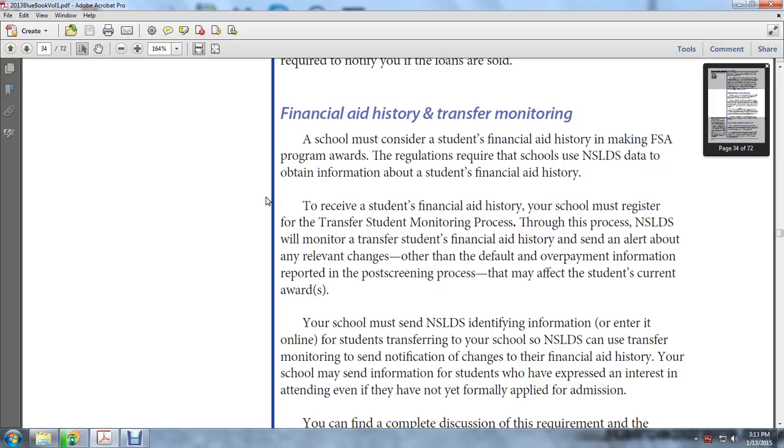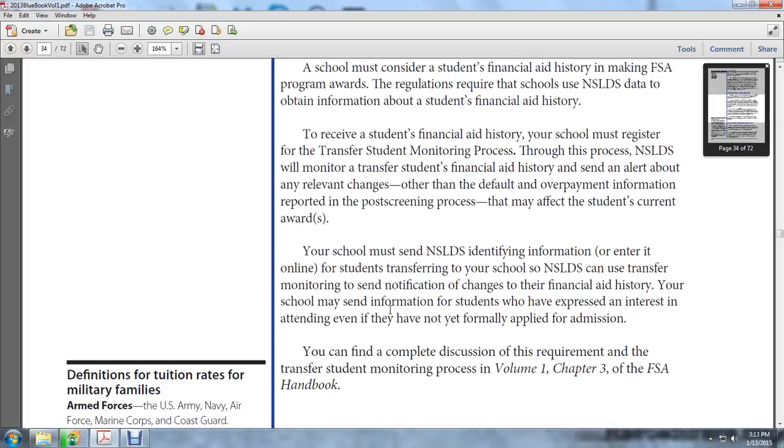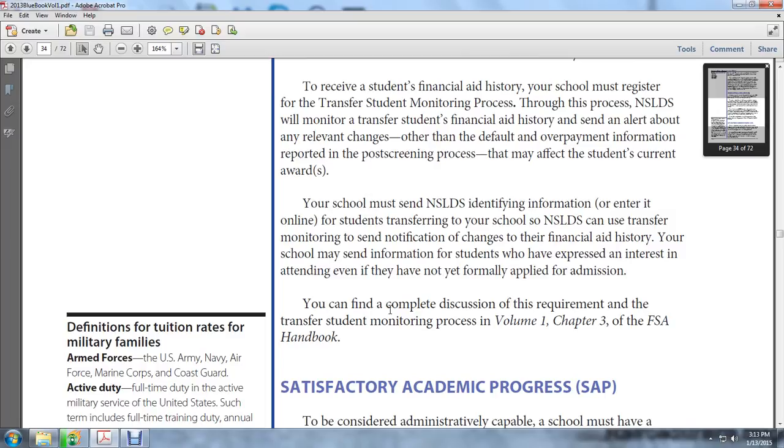The school must send the National Student Loan Data System identification information by entering it online. For the student transferring to your school, the National Student Loan Data System can also provide transfer monitoring to send notification of changes in the financial aid history. Your school may ask for information on a student who has expressed interest in attending, even if they have not formally applied for admission. You can find a complete discussion of the requirements for transfer student monitoring in Volume 1, Chapter 3 of the Federal Student Aid Handbook,